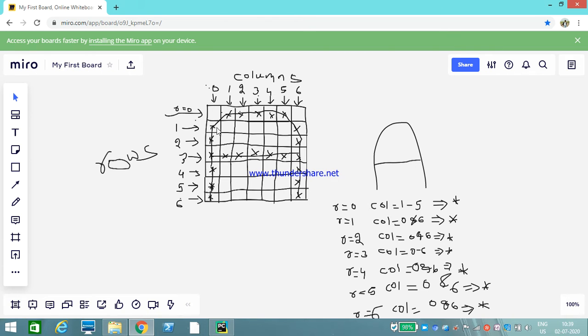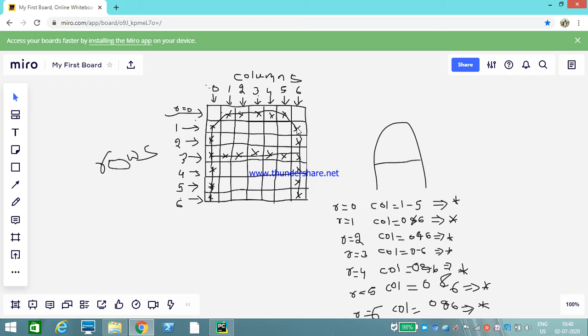So to print character A, see how it will work. In the first column, I have to print the first row, second row, third row, fourth row, fifth row, and sixth row as star, except the zeroth row. In the same way, think of the sixth column.